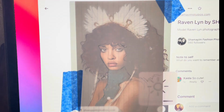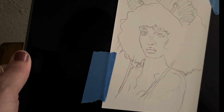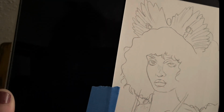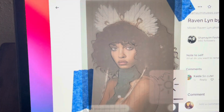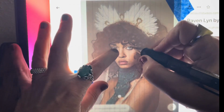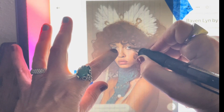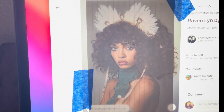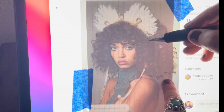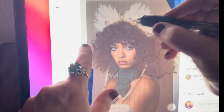And I'm gonna turn the light down to see if I got everything. Okay, so her eye, the eye on the right looks super wonky. Let me go back in and fix that. I think that I just didn't go down far enough when I outlined it. And then over here, there's just curls. Curls on hair